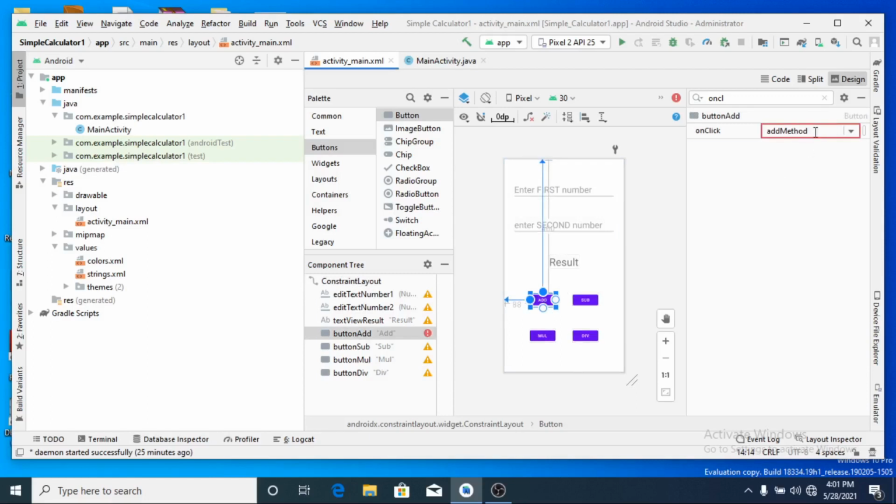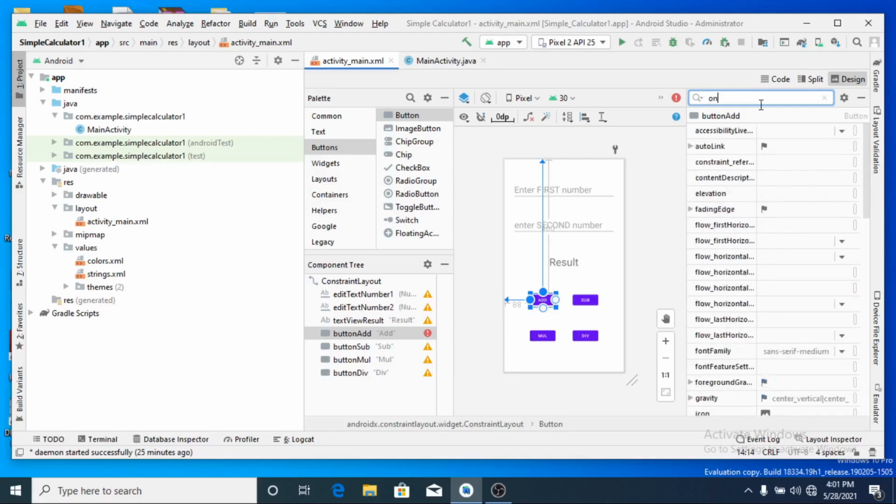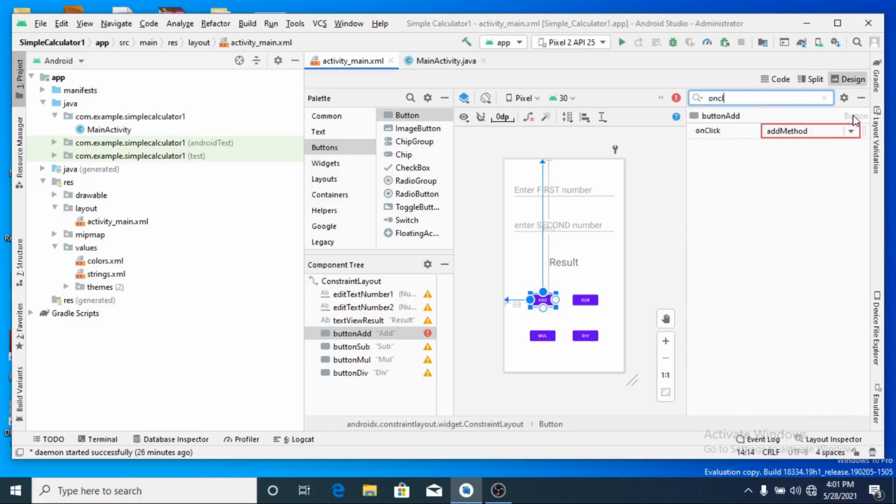Let me start with this. If you want to start, you can just click on add and search for on-click, correct? On-click method. Yeah, now I have already added here add method. Okay, I just enter it. That red marking is there because I have not written the Java code yet. Come to subtract.